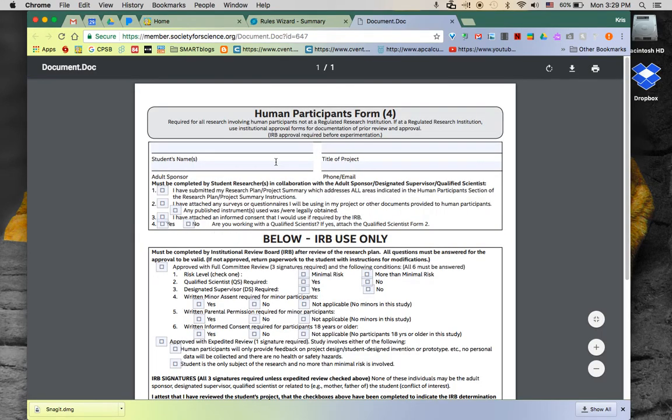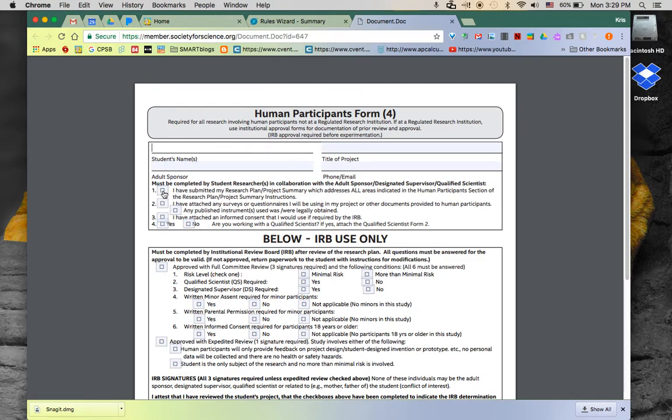Form 4 has to be done before experimentation, and you have to get IRB approval before experimentation. So this is yet another document that has to come to me before your experimentation. We have the student names, the title of the project, who the adult sponsor is, then the phone and email of that adult sponsor. Then it must be completed by the student researcher in collaboration with the adult sponsor